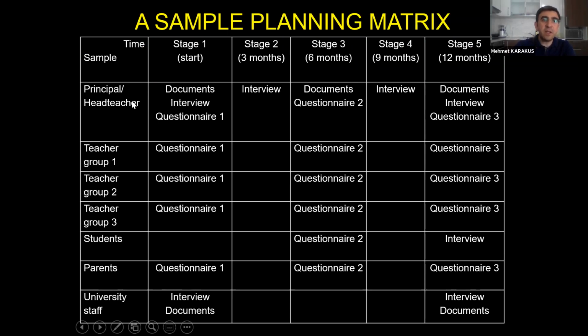As you can see, we can indicate our sources of information. You can see the types of samples: principals, head teachers, or teachers, students, parents, university staff. If we want to triangulate the data, we should collect the data from all the relevant groups. Whatever it is, we should try to reach all the relevant persons that can give reliable information to answer the